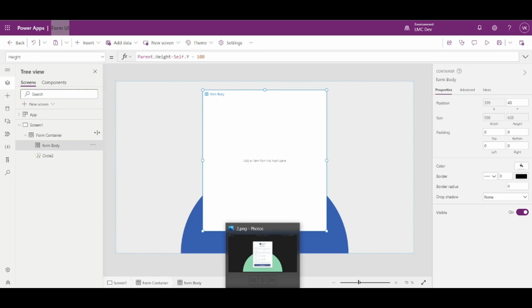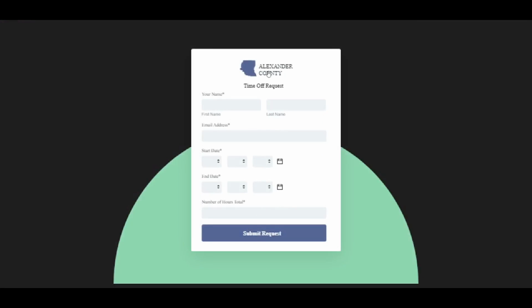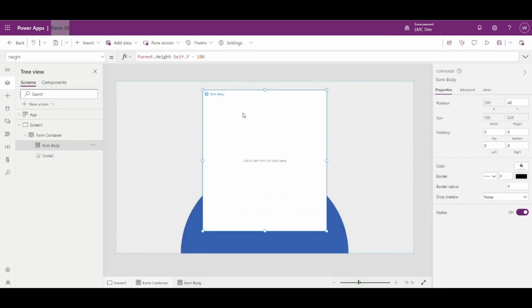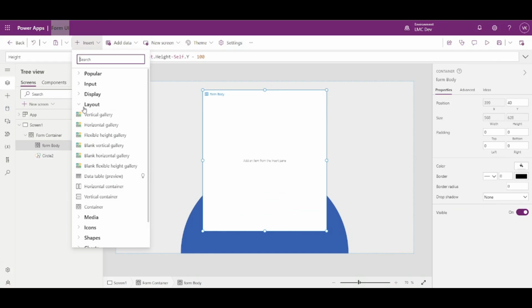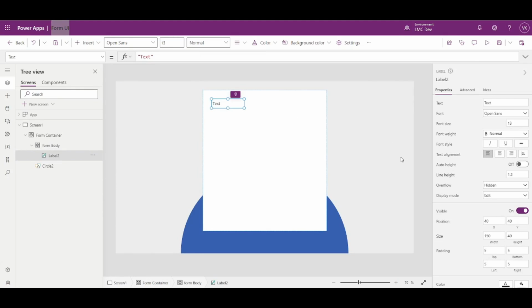Now inside this form body, the first thing we need is our label. For our company we need a label and logo, right? So for that we can go to this popular, we have this text label, right? So just select this text label. Make its x as 0, y you can make it as 0. Okay, width, see,